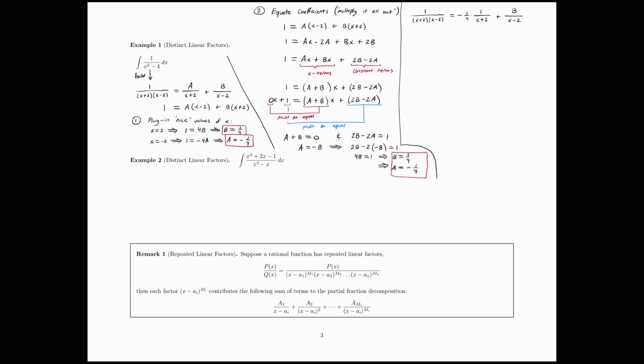Similarly for b, we know that's positive 1/4, so I'll put a positive 1/4 in front with a 1 in the numerator. Now, if we integrate this,